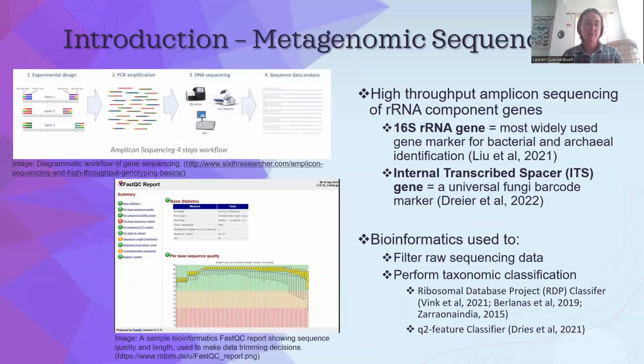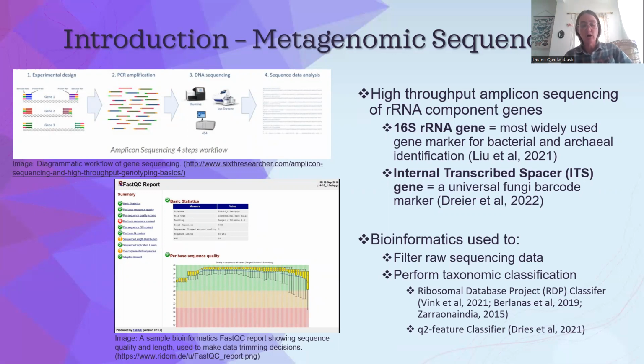So where does the data come from for the microbiome analysis? The answer is rRNA. Metagenomic sequencing refers to identifying the entire genetic profile of a sample, like a group photo. High-throughput amplicon sequencing is one processing method by which microbiomes can be studied. There are two main approaches to this kind of sequencing. The first is a whole genome shotgun approach, and the second is a marker gene approach. My research is using the latter, looking at specific rRNA component genes.